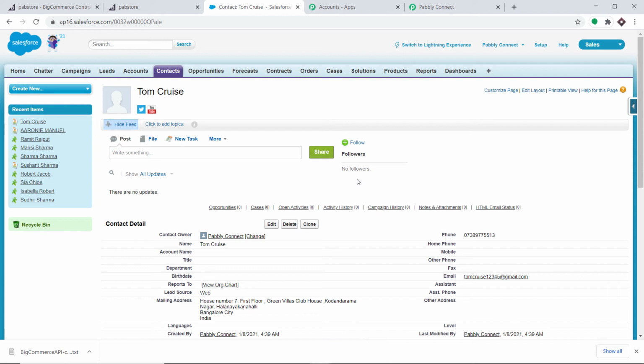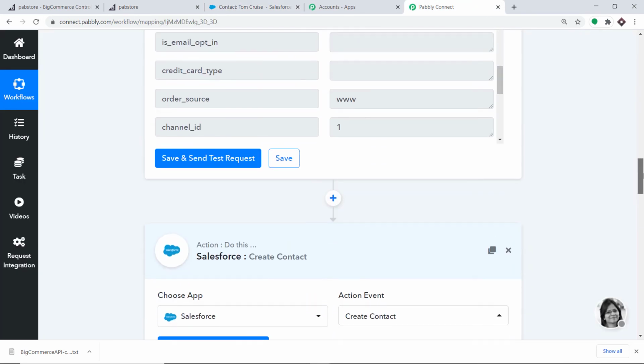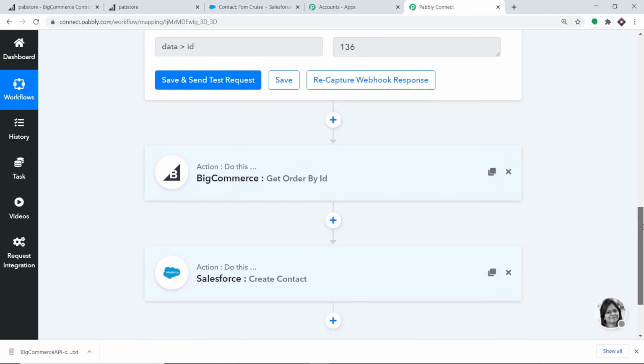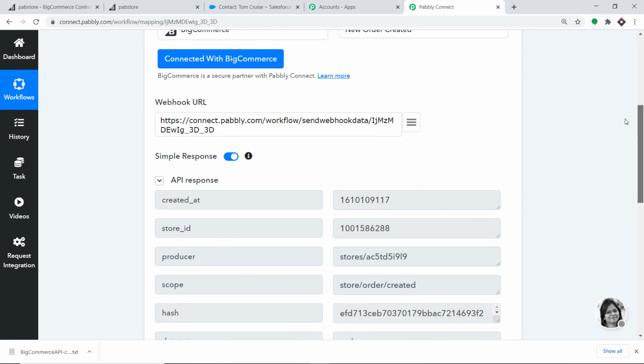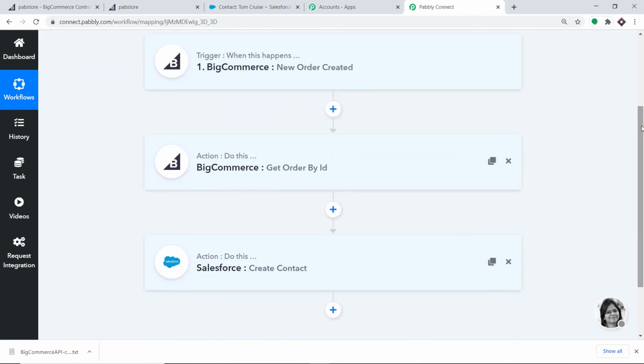So how about we double check if the integration is working fine or not. But before that, let me show you the whole gist of the process. Let me go to Pabbly Connect and minimize my action window. I have minimized my action window, and I have also minimized my trigger window. Basically, this is the whole process in a nutshell. First you integrated BigCommerce to Pabbly Connect, and then you extracted the data from a particular ID in BigCommerce, and also you have integrated Salesforce to Pabbly Connect. So now there is a perfect flow of data between BigCommerce and Salesforce.